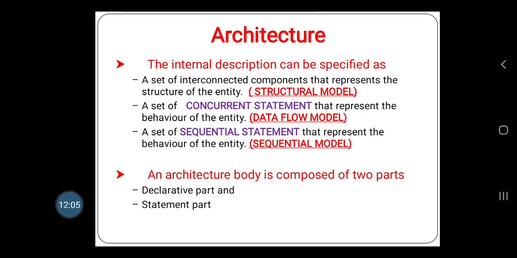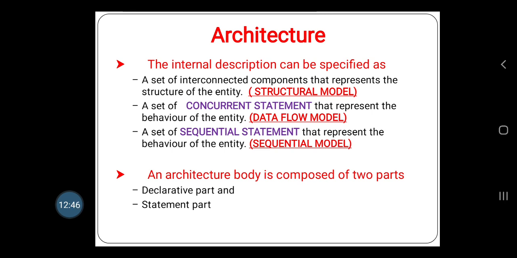The architecture, the internal description, can be specified as a set of interconnected components that represents the structure of the entity, that is the structural model of architecture, or a set of concurrent statements that represents the behavior of the entity, that is the data flow model architecture, and a set of sequential statements that represents the behavior of the entity, that is sequential model architecture. So these are the three important architecture types,